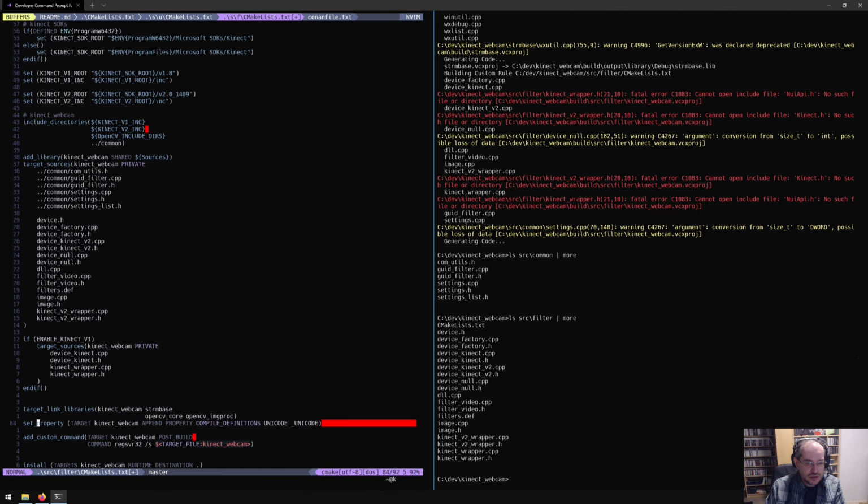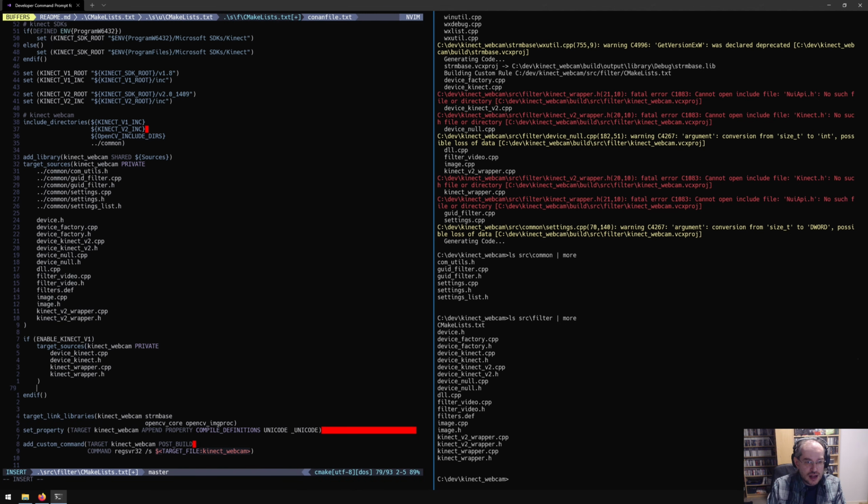And we also want to add a compile definition, so we can check in the source if the option has been included or not. So for Kinect WebCam, a private option that says have Kinect